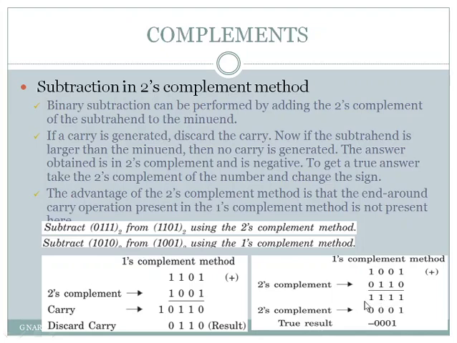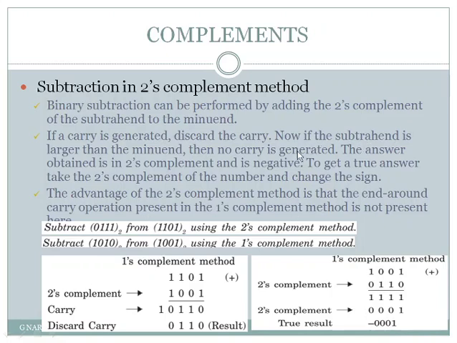So what you can see is that the result is actually in two's complement form since the carry is not generated. And to see what the true result is, you take the two's complement of the result, so for 1111 the two's complement is 0001. You apply the rules of two's complement and you will get this. And the actual result is, we put a negative sign before this, that is minus 0001.